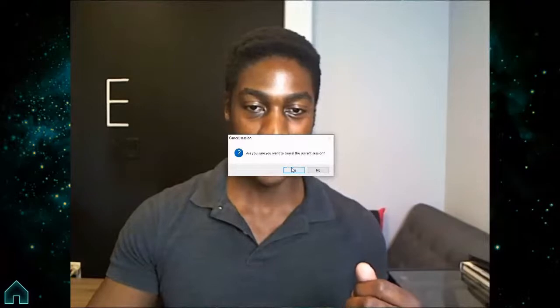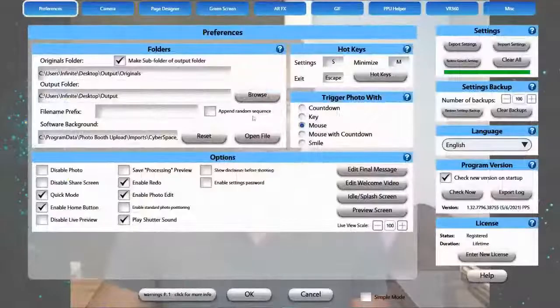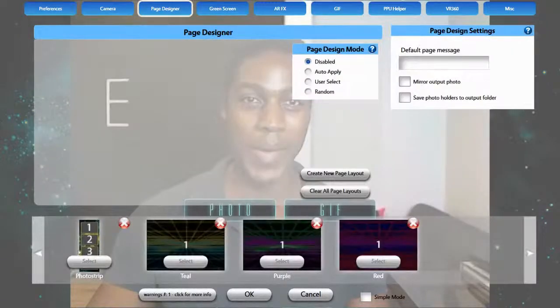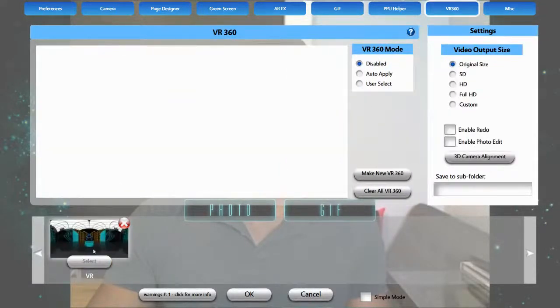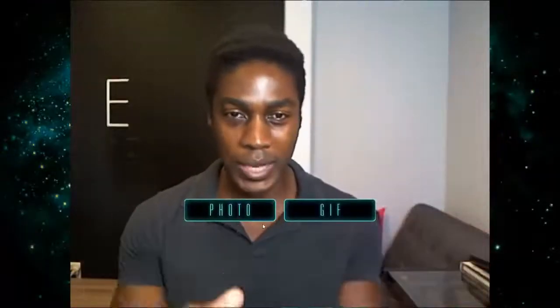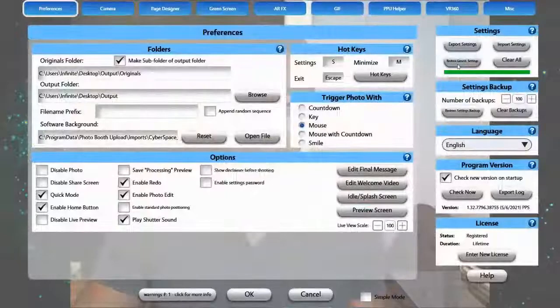So what I'm going to do now is just exit out of this. And just to give you guys an idea of the graphics on the back end over here, we have page designs with photo strips and different colors that could go on here. We have an animated GIF. And we also have a VR 360 activation that lives over here. So that lets you know just how unique this specific PPU file is. Now I'm going to show you a different one. But before I do that,